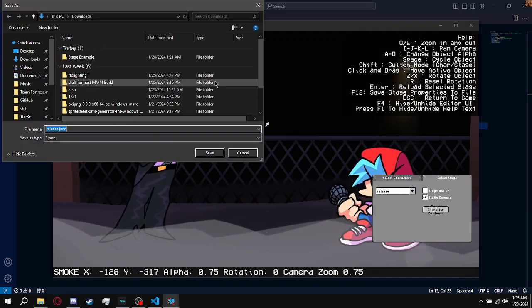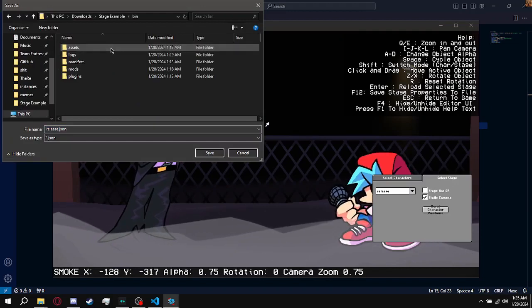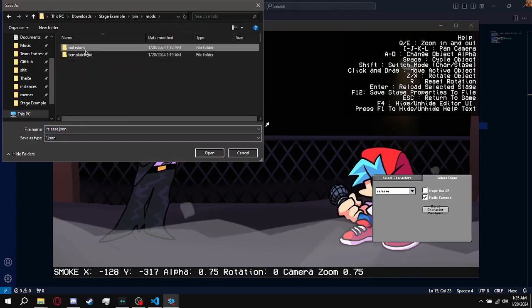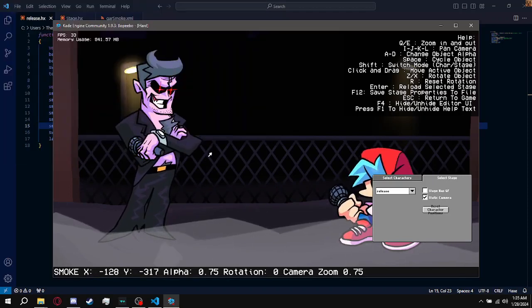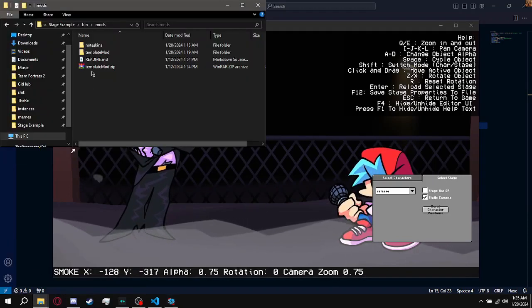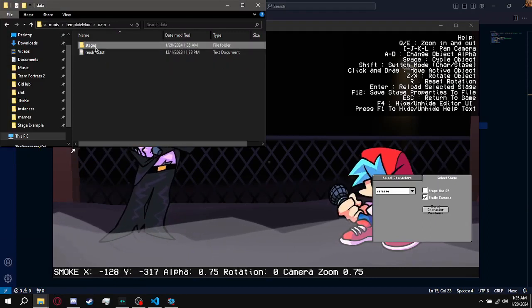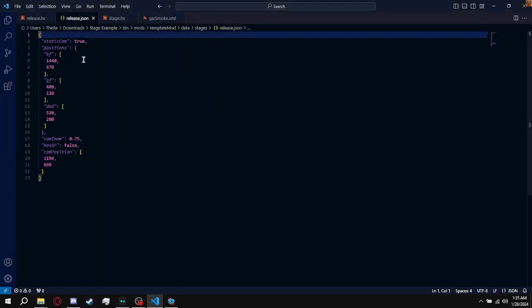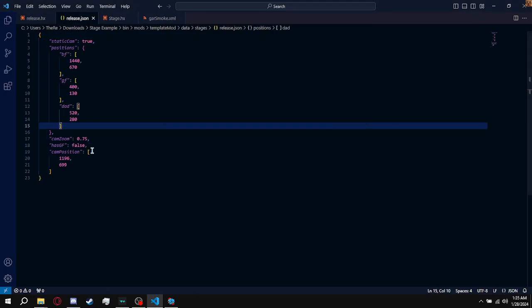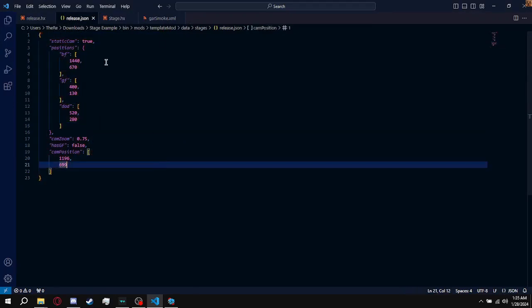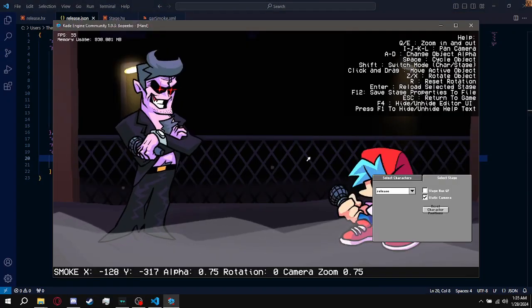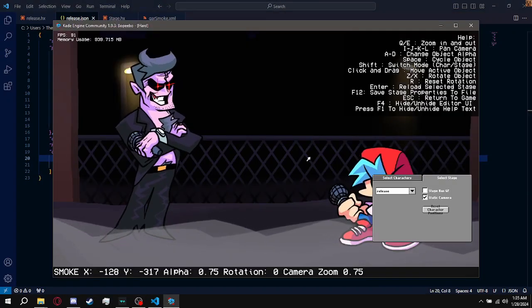So if I hit F12, go to template, data, stages. If you just save the JSON there, it will have all of the data: all the character positions, the camera position, the camera zoom, and